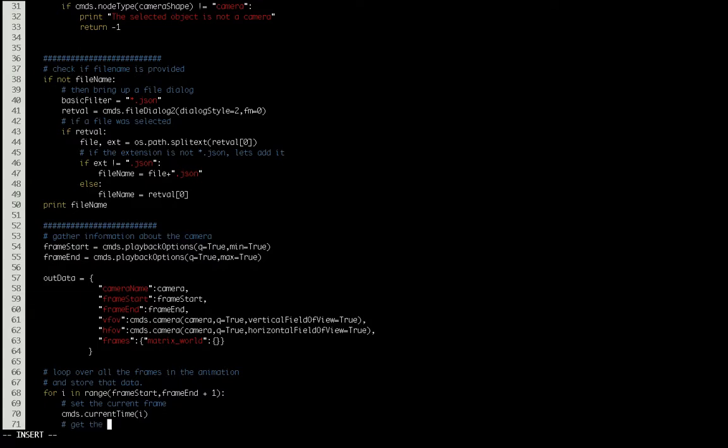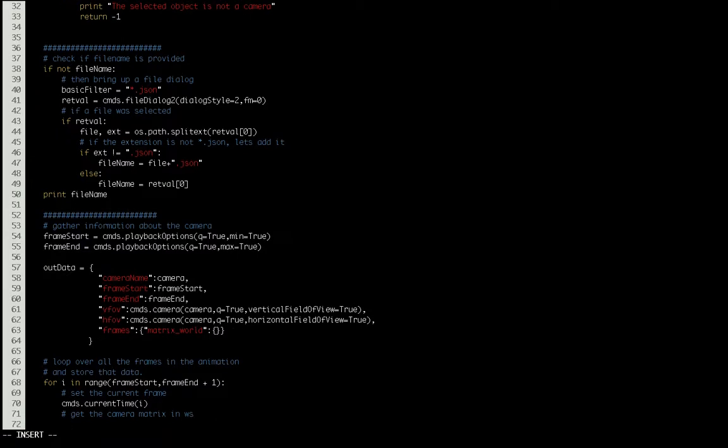We're going to get the camera matrix in world space. So we're going to do out data frames matrix world. Here we're referencing this object right here and this one in here. We're going to set the first key to be a string representation of the current frame, so string I, and that is going to be equal to